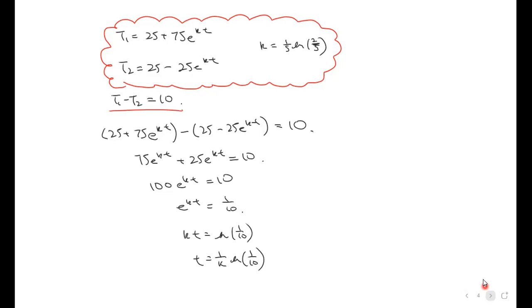And this is where you do your calculator. Okay, you remember k is in this exact form. So get your calculator out, type your numbers in, and see what you get. So we're going to get 1 over our k times, and I will use memory for that, times log of 0.1. Give me an answer of 12.56. So we're expecting 12.56 to 2 decimal places. So therefore, after 12.56 minutes, we expect the difference to be